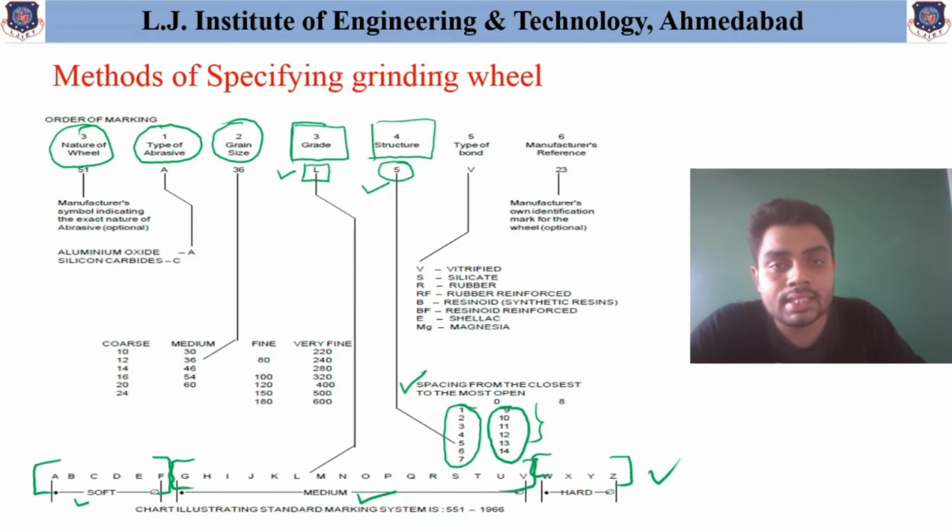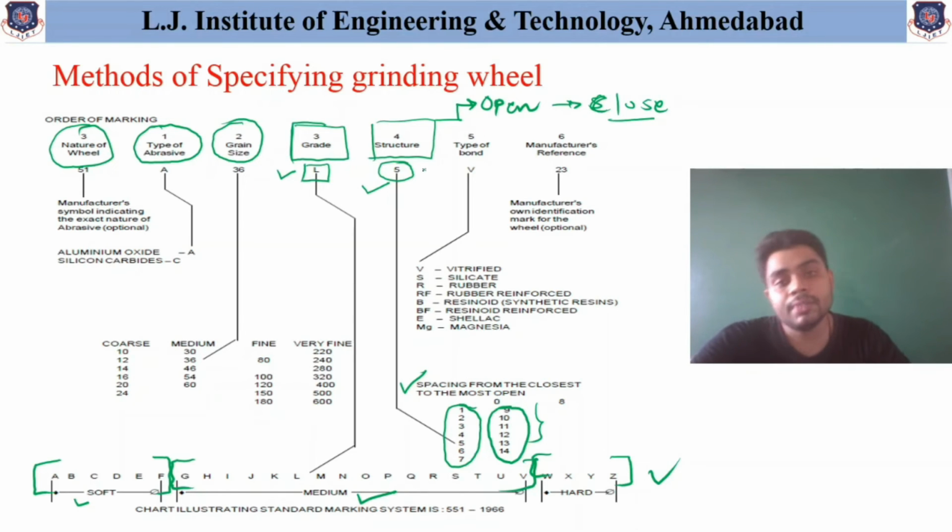So the structure is divided mainly into two types. First one is the open structure and second one is the closed structure. So again I am repeating, this structure gives the idea about the space between the particles, from which you can get the idea about the structure. The next, sixth parameter,